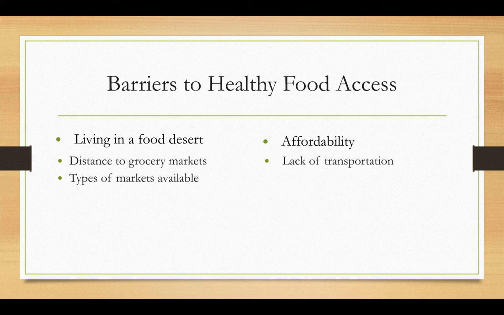The types of markets available, as discussed, are typically convenience stores and small food markets. These types of markets usually carry foods of lower nutritional quality in comparison to larger supermarkets, which may carry a wider options of healthy food. Affordability of healthy foods, if available, tend to be more expensive than less nutritious options available. As stated in Healthy People 2020, research shows that low-income groups tend to rely on foods that are cheap and convenient to access.